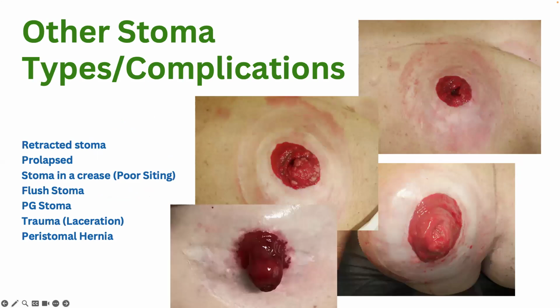So the stoma height and presentation are going to be really important because they are pretty key in driving the management and interventions. For example, if it has no height and it's pretty flush with the skin or retracted below the level of skin, the goal is really going to be to use an appliance or an accessory to help push it out past the level of skin, kind of like up in that top right photo here. You can see it's pretty flush, so we're going to want to push that out so that the effluent goes